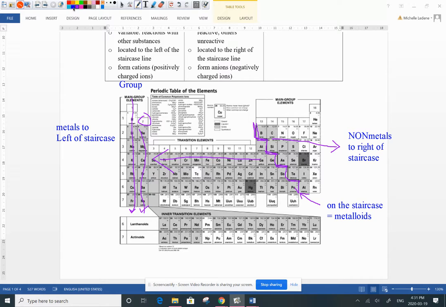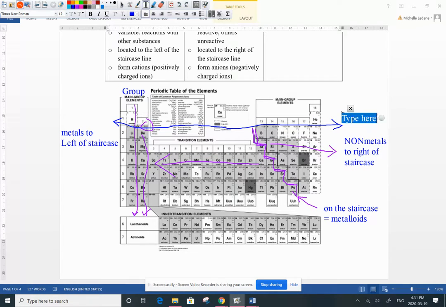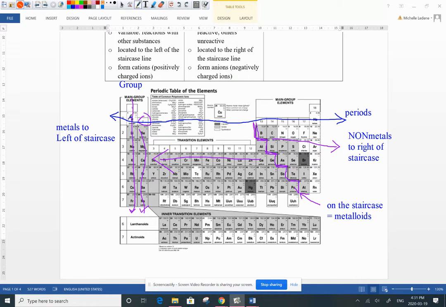On the other hand, when you're looking side to side this way, that is what we call horizontal. Those guys are called periods. Okay, and so you see in our first period, there's only 2 atoms. There's hydrogen and there is helium. Period 2 has 1, 2, 3, 4, 5, 6, 7, 8 in that particular period. Sorry, period 2, not group 2. Sideways, horizontal is periods. Up and down